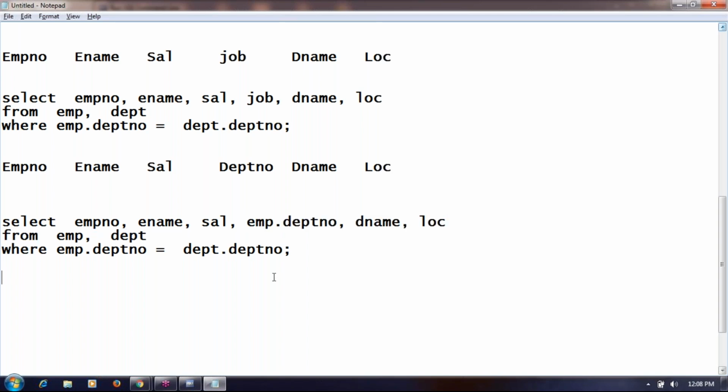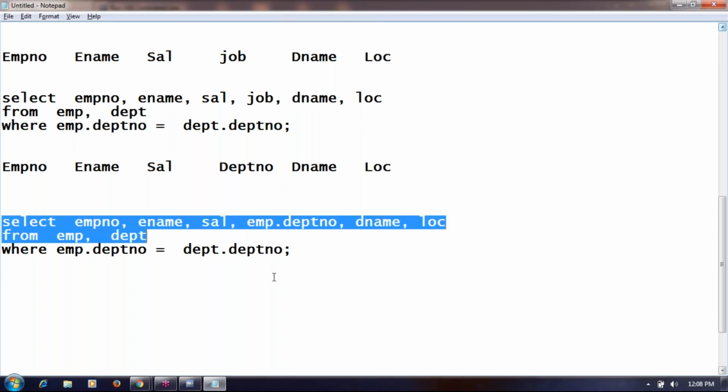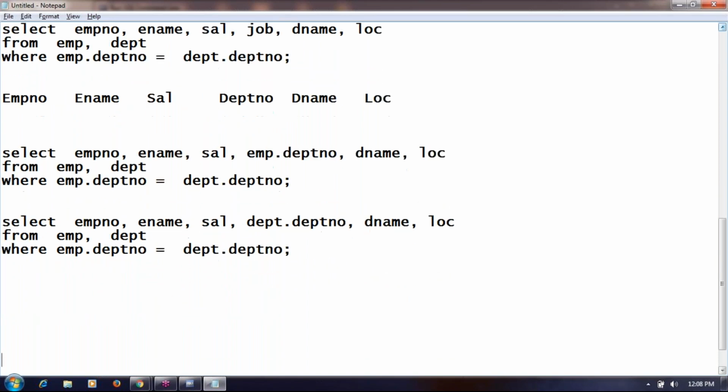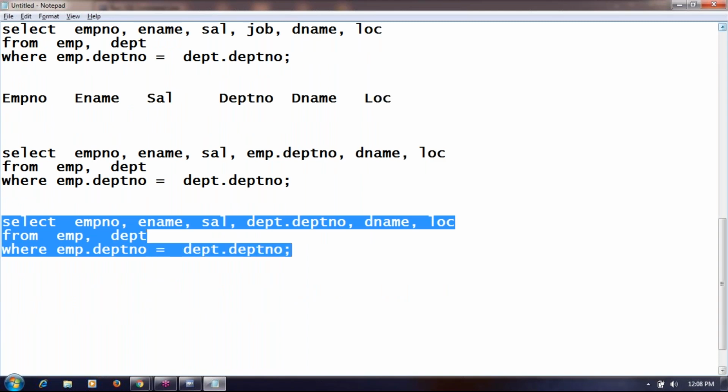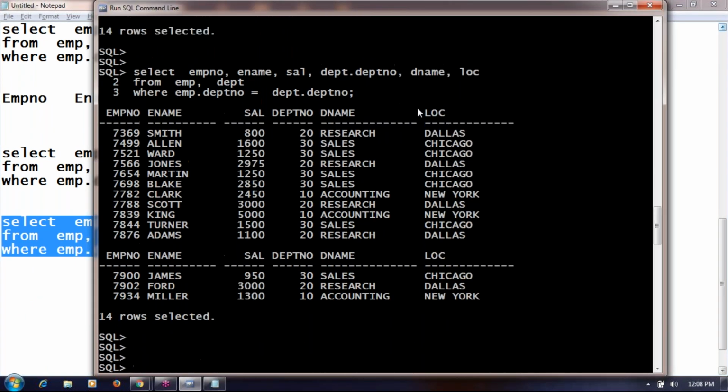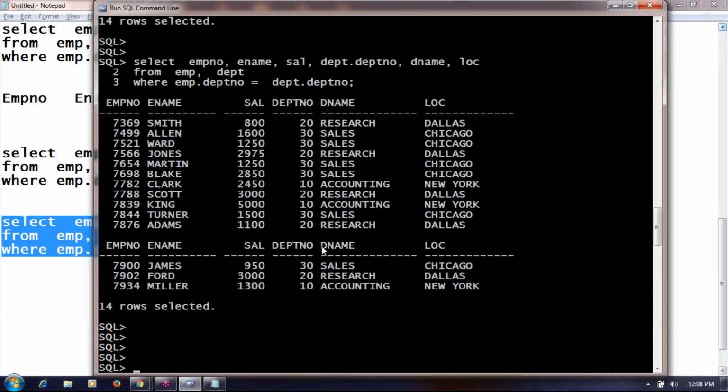Clear? Dilawar, is this clear? Yeah, clear. Now, as it is a common column, can I display it from the department table also? Can the common column be displayed from either table, the employee table as well as the department table? Are you able to get the same output? Yes. The common column, it's up to you. You can display it from the employee table or from the department table. Anything is okay.